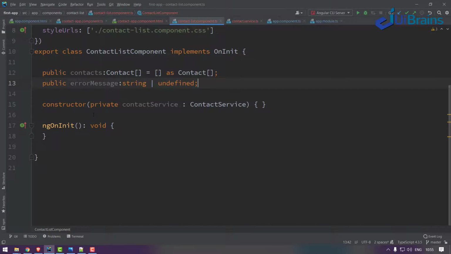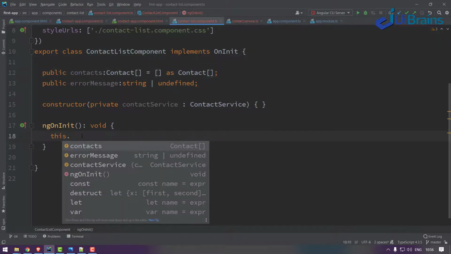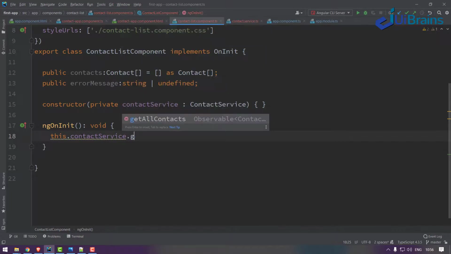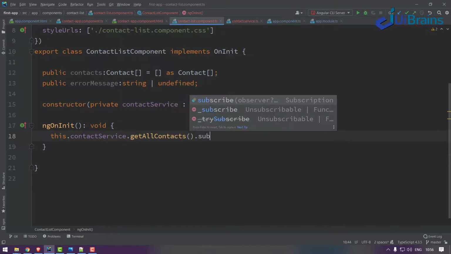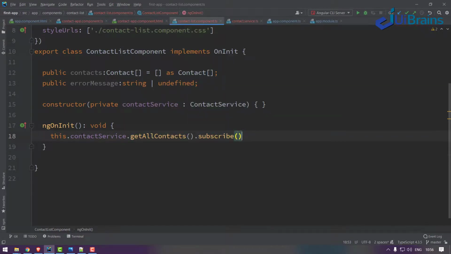Okay, that's fine. When the page loads, I have to get data from the service and attach it to this particular variable. How we call: this.contactService.getAllContacts().subscribe. You must subscribe to it. Once you subscribe, it is able to push you the data, and that data is of type contact array as per our service declaration.